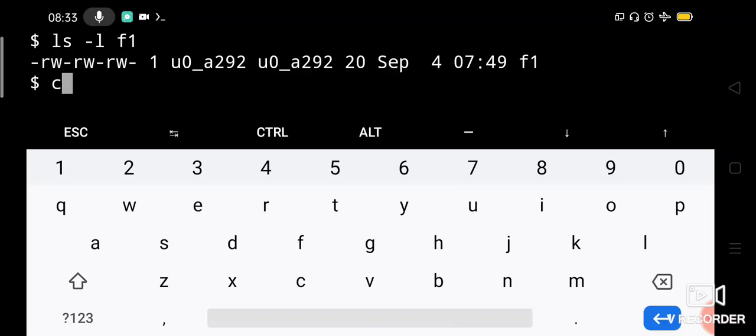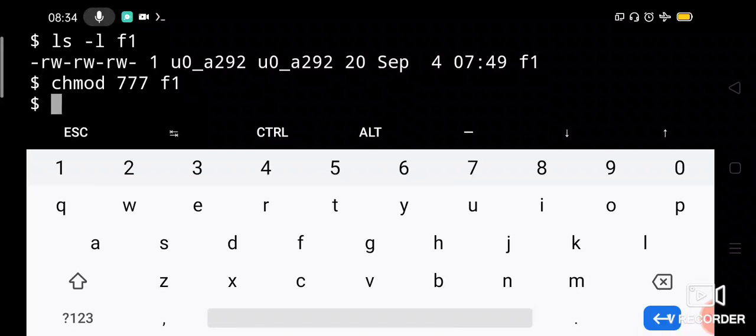Let us use chmod with the absolute method. What shall we give? We'll give all permissions to all categories of users. This is only for a trial, but this can be very dangerous if you become too generous. So we'll run chmod 777 on a file called f1. 777 means rwx, because 7 is 111, right? So you are giving rwx to all categories of users for the file f1.